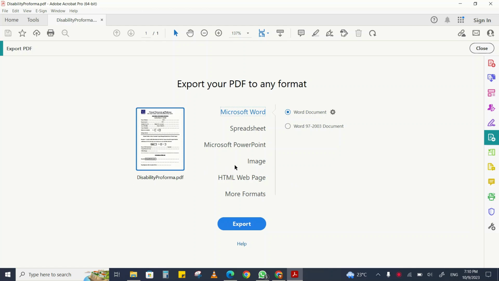So I want to convert it into the image. Here is the PNG, TIFF, JPG, whichever you want to convert to. If you want Word, this is the Word document, spreadsheets, these are the sections, PowerPoint, image. So I want to convert it into the PNG file. Here it is, exporting,